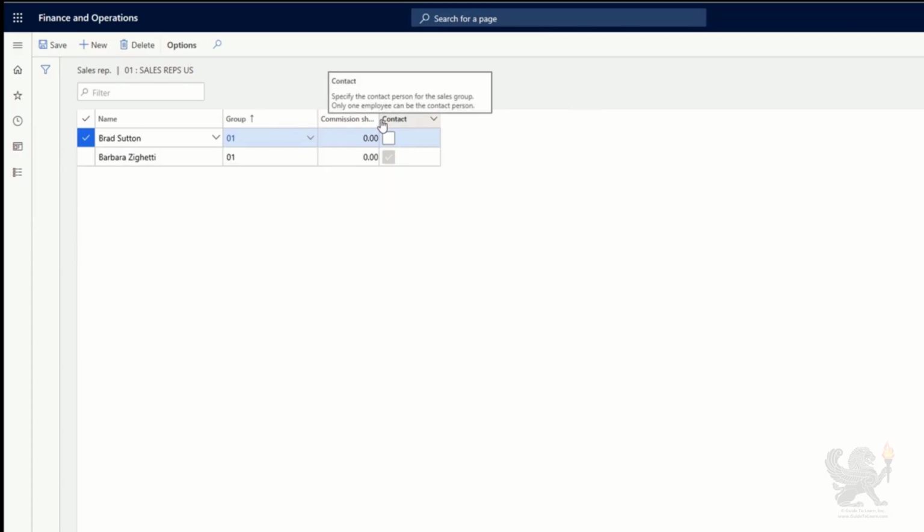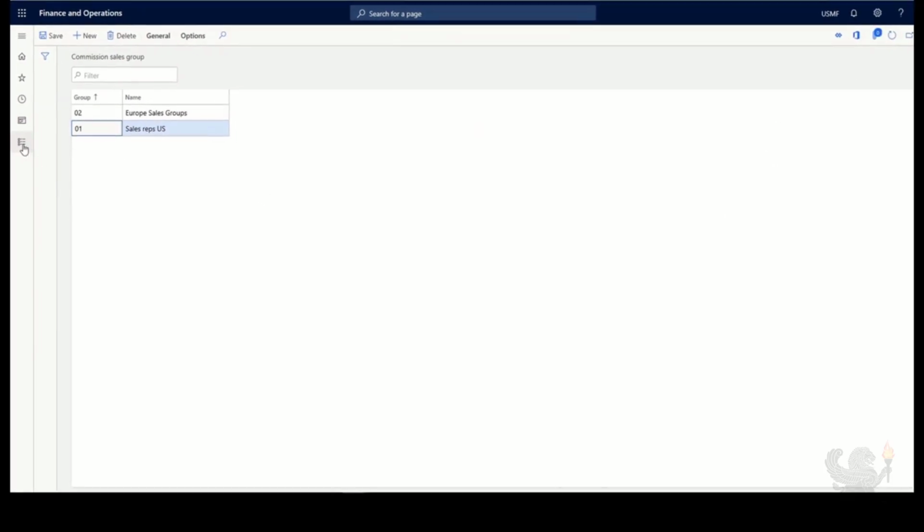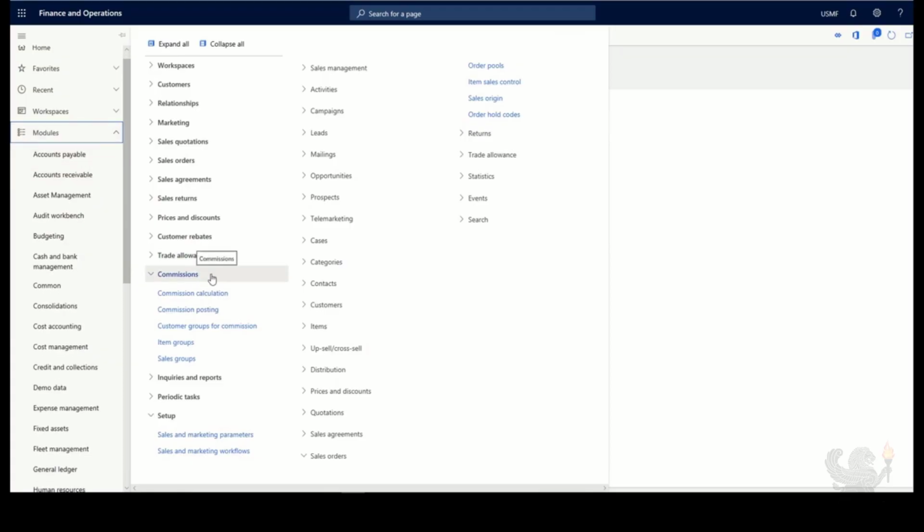And then here we can see that we can specify this person's commission shares, so that's their percentage rate for this specific sales group. You might be part of several sales groups, and you might have a different commission or share for each sales order, right? So maybe we get 10%. We can also specify the contact person for the sales groups. You can only specify one person as the contact person for a sales group. So I'll go ahead and close out this form, and we're going to navigate back over to the commission section